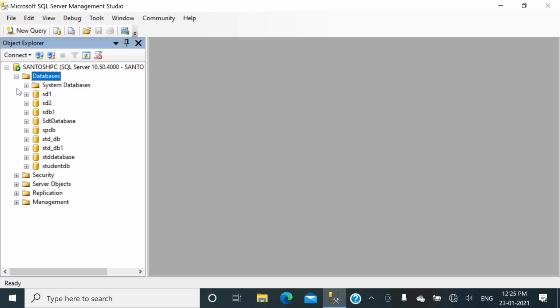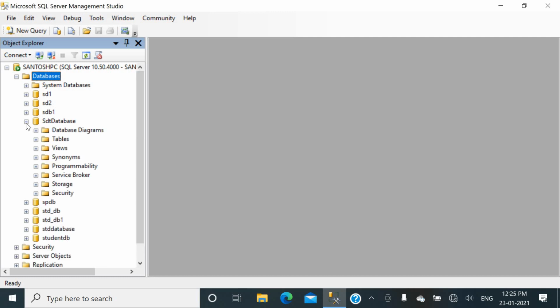So click on the plus sign so that you will get to see here the database which you have created. The database which we have created here is SDT database. Okay, so this database we have recently created. So click on this plus sign and you will see some folders, and from these folders we have to click on the tables.